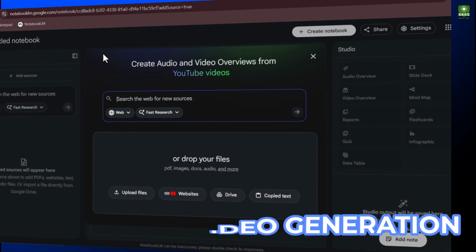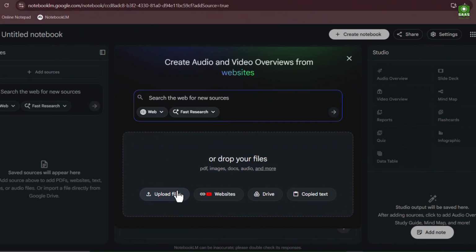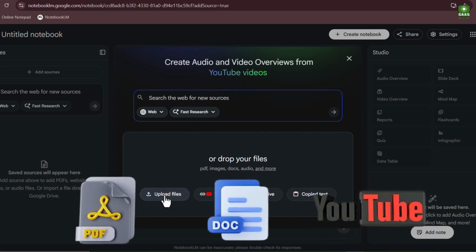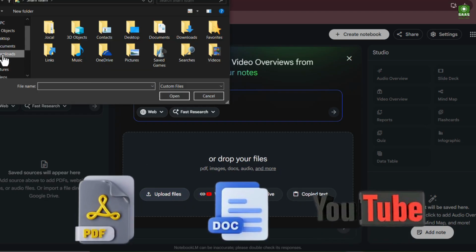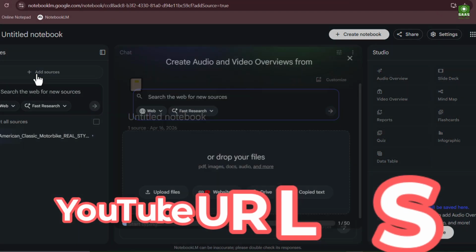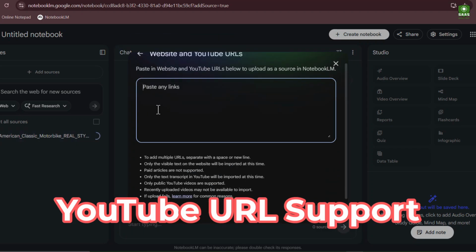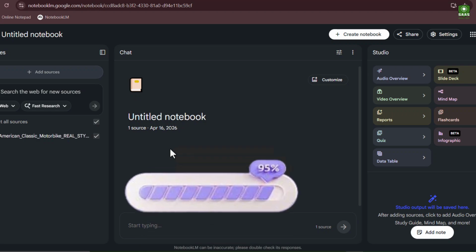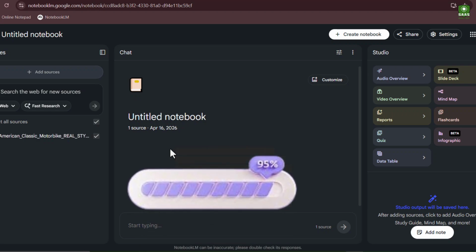just a few minutes. Now that your project is open, you will see various options to import data. Select your boring PDF or document from your computer and upload it. You can also paste a YouTube link if you prefer. Just choose your source and click the upload button to let the system start processing all that heavy information for